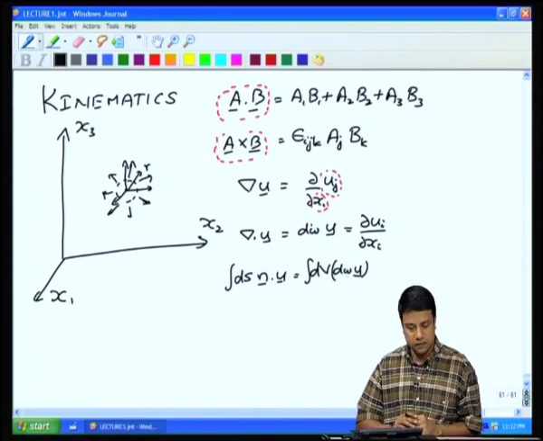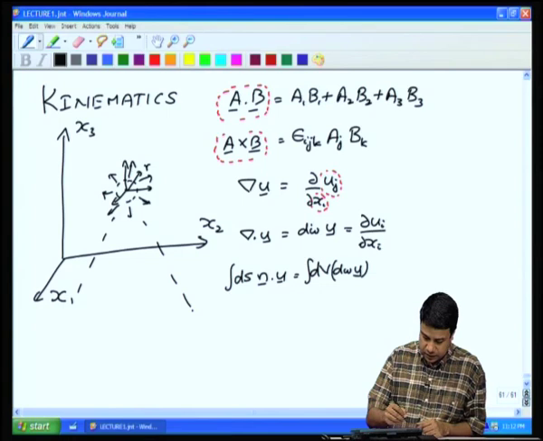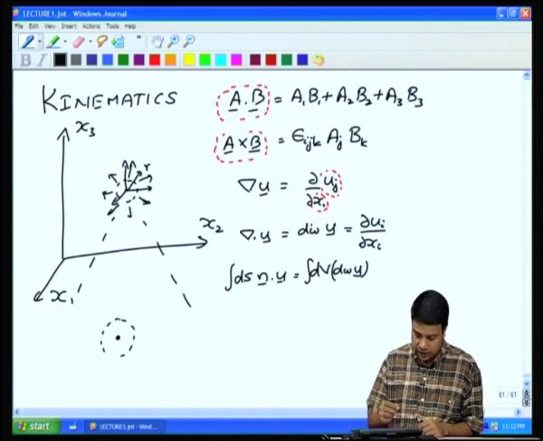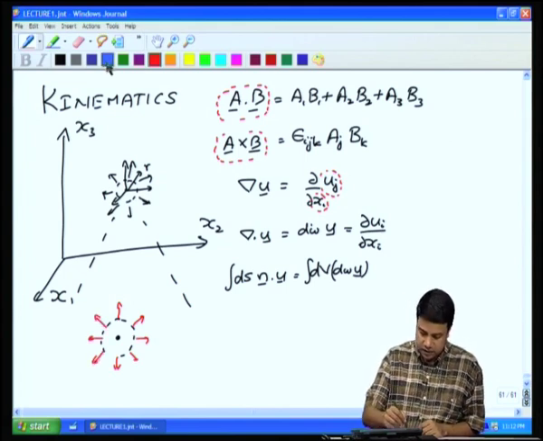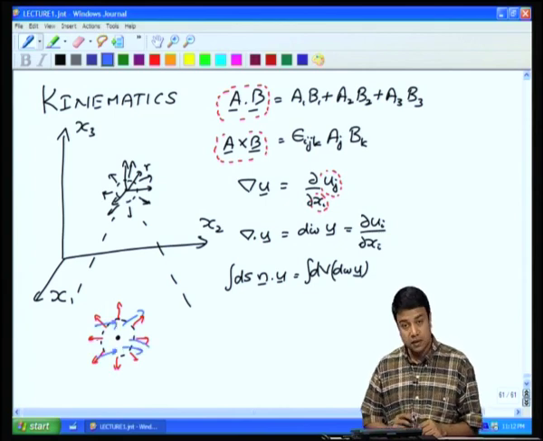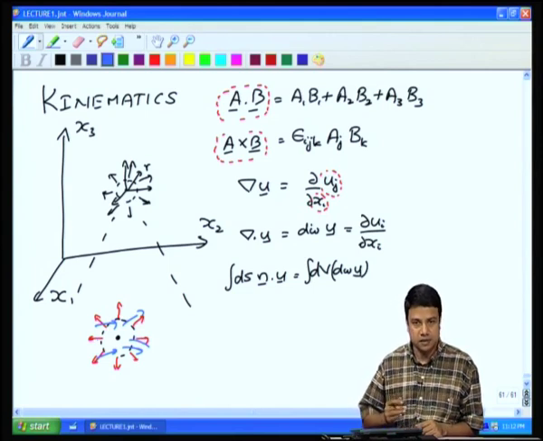Okay, integral ds of u dot n, that is, let us just expand this volume out a little bit. Okay. This is the point that I am sitting at, and I have a small volume around this point. That surface has its unit normals, and then I have the velocity vector, which is in general in some direction. If I take that velocity vector dotted with the unit normal integrated over the entire surface, I get the net